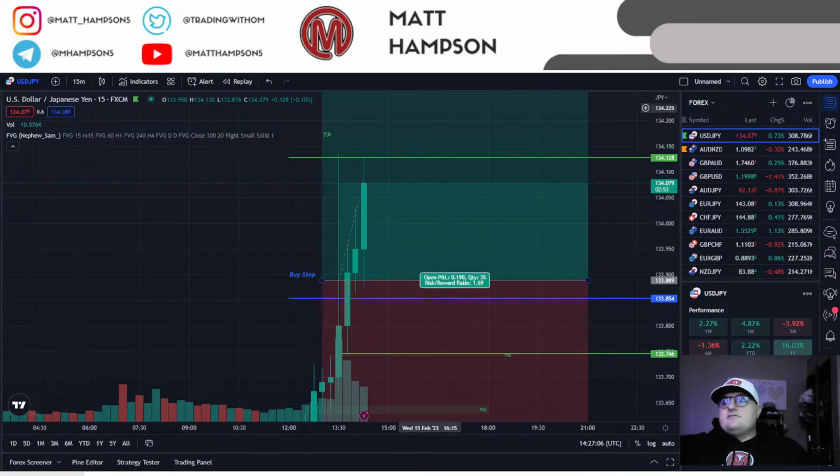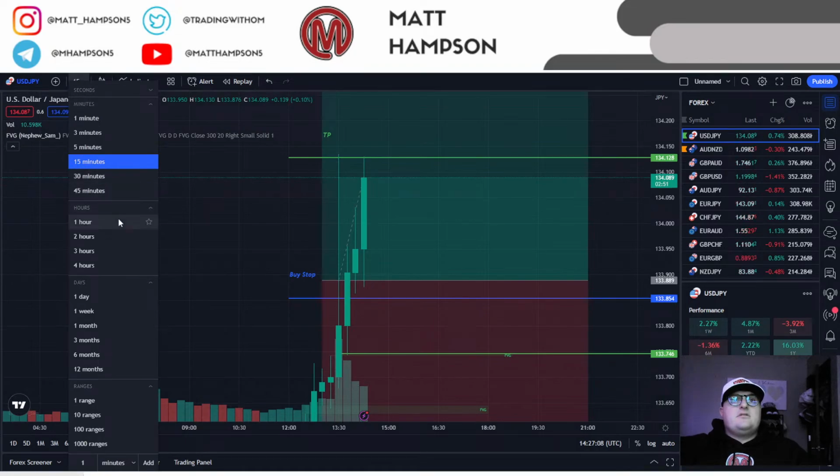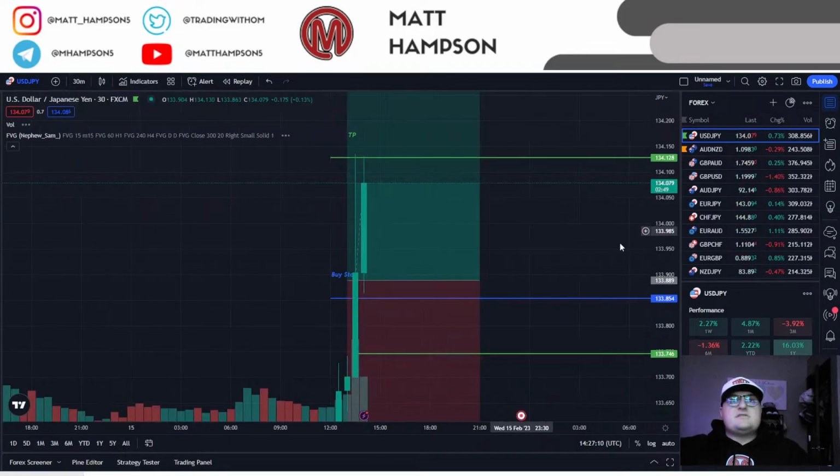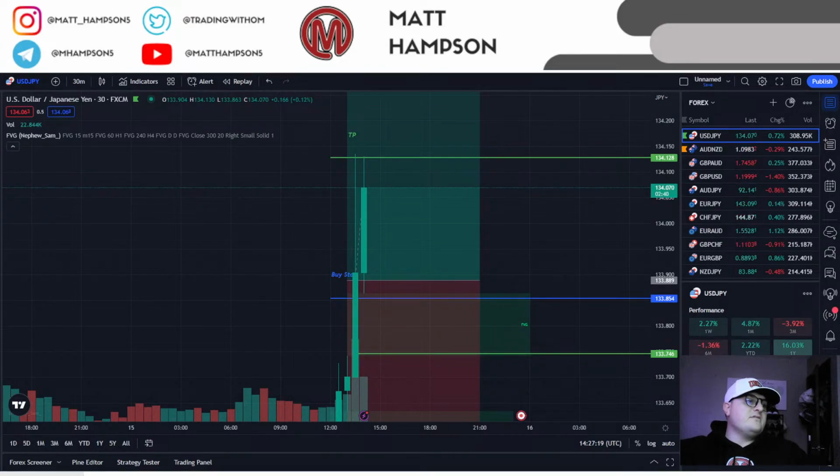And really good profits here, guys, going into the 30-minute candle. If we want to hop down to the 30 minutes here, the 30-minute candle filled that wick just like we talked about. So hopefully this was able to give you guys some sort of insight of what happens when you do trade news and how